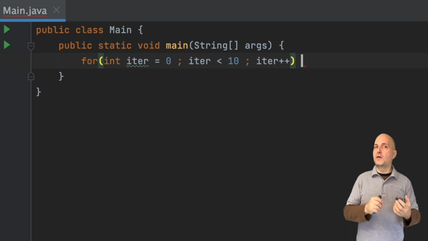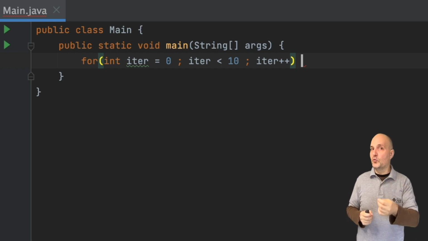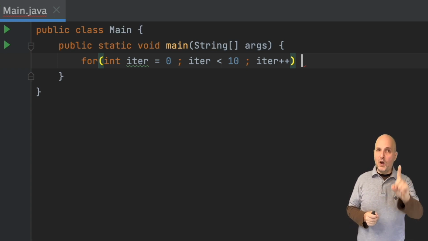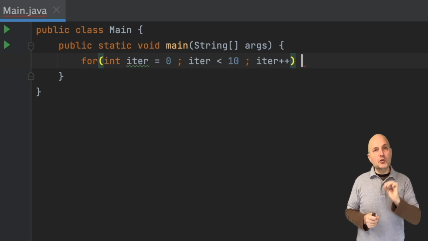Finally, we define an operation that we can do every time the loop repeats. The ++ symbol is a special operation in Java. It's called an increment. It adds 1 to the variable. I could have written it as iter equals iter plus 1, but this is shorter and easier to write.